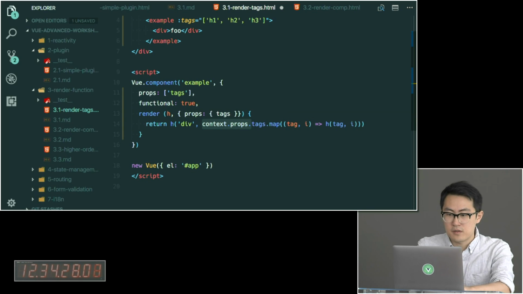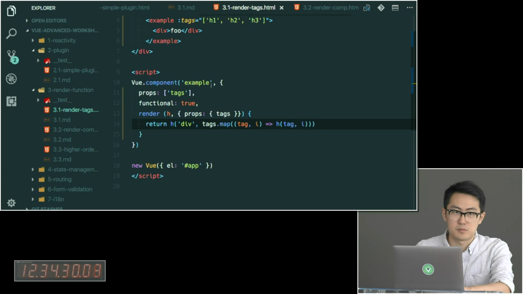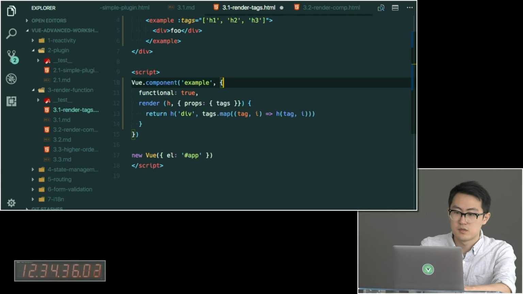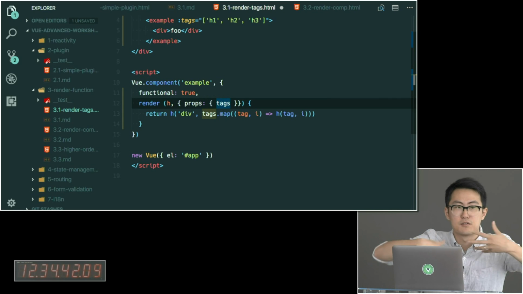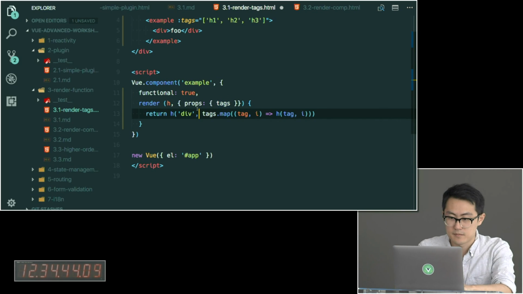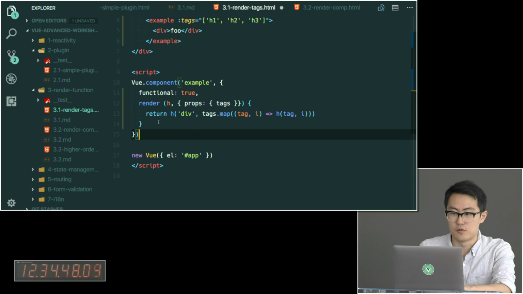And some people find it annoying that you have to also explicitly declare props for functional components. And in the latest version of Vue, it's actually optional now. So you can create functional components that don't declare any props. It'll just collect all the things as props. And yeah, so this is a more concise version. And if you use JSX,